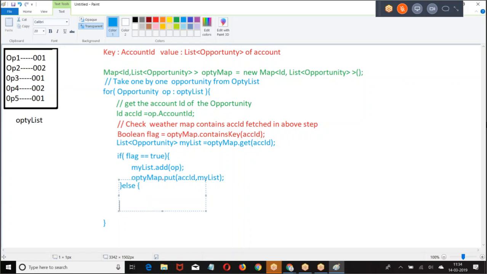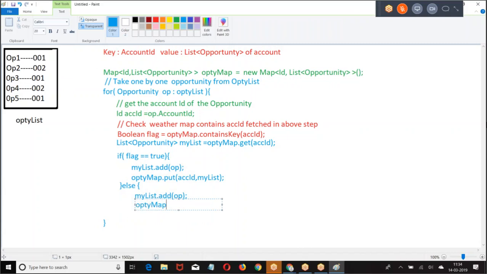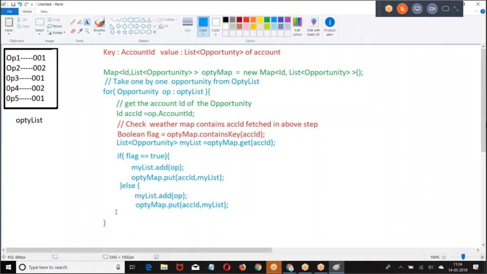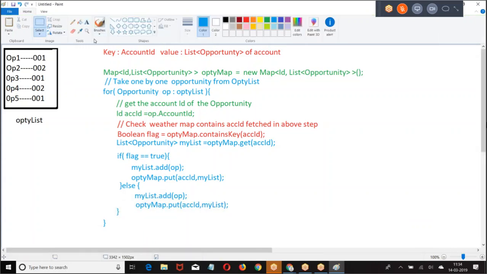Else, if the map does not contain, then my list dot add Opti, then put back ACC ID, comma my list. This is my logic. Let us take one by one step and see how this code will run.